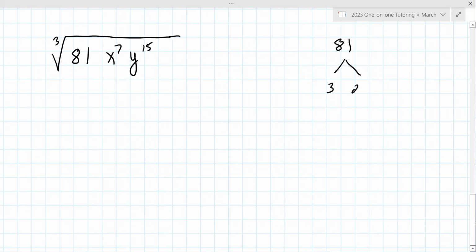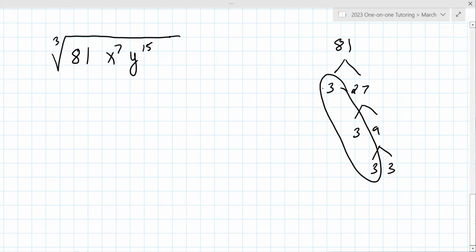It's 3 times 27, 3 times 9, 3 times 3. Do you see how there's a triplet here? Yeah. So you're looking for triplets. With square roots you're looking for doubles because you need 2 to bring 1 out. Here you need 3 to bring 1 out. But that means there's a 3 left over inside. So you can look at this like we were doing there. It's 27 times 3,